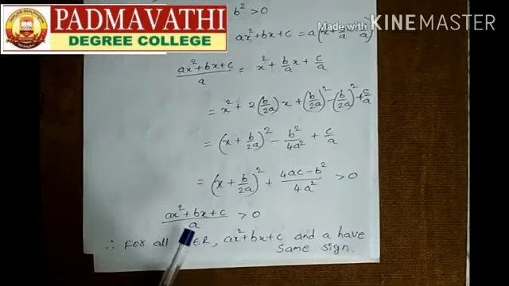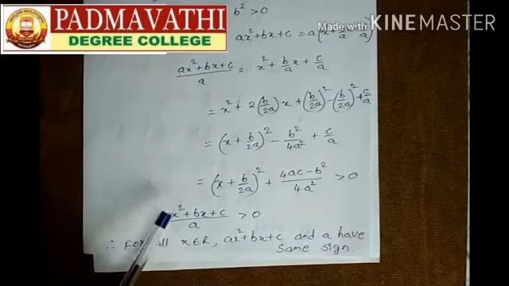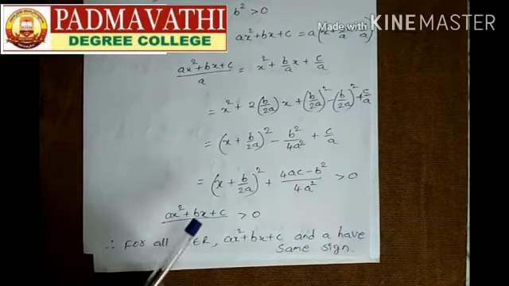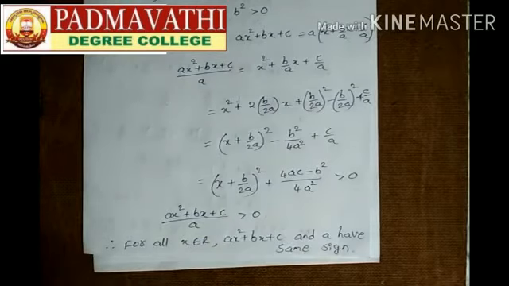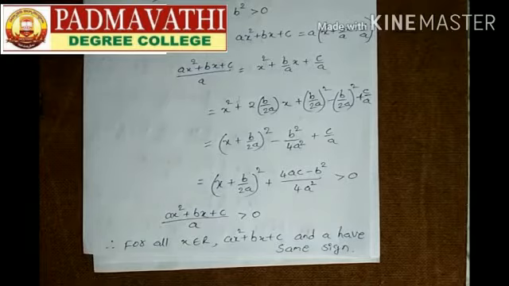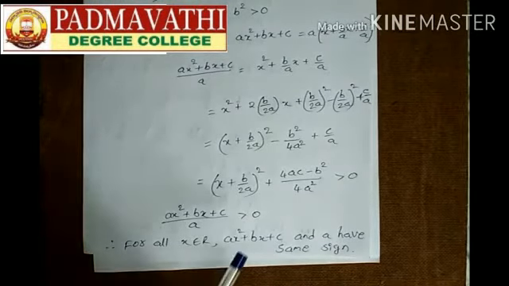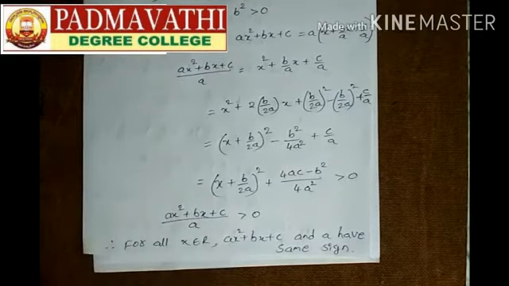In this, again we can establish a relation. Here this is also a division, with a numerator and a denominator. ax square plus bx plus c by a is always greater than 0 means either the numerator and denominator are both positive, or both are negative. So that's why we can write this relation: for all x belongs to R, ax square plus bx plus c and a have the same sign. Only if these two values have the same sign will the quotient ax square plus bx plus c by a be greater than 0.